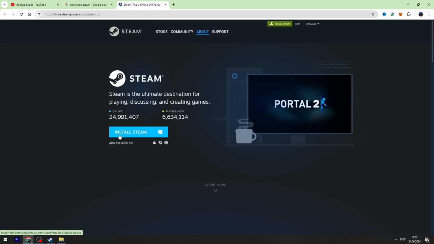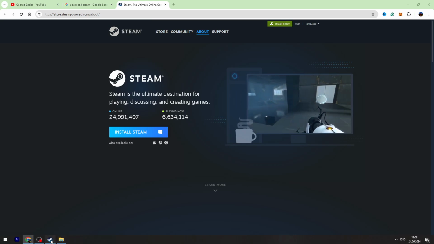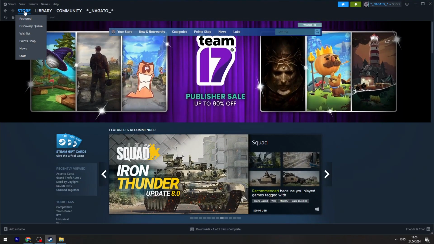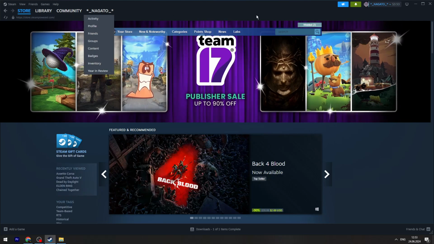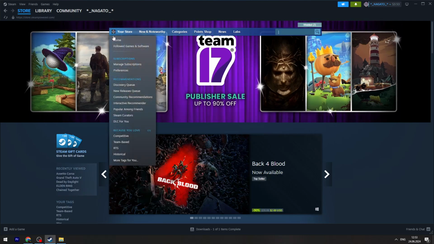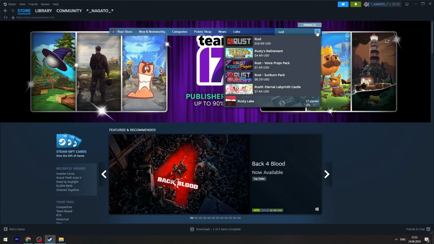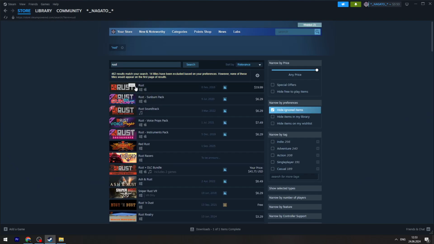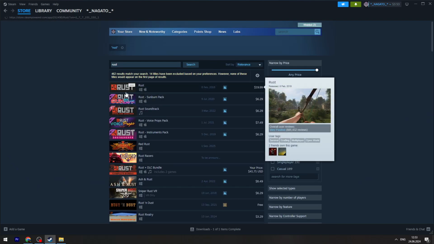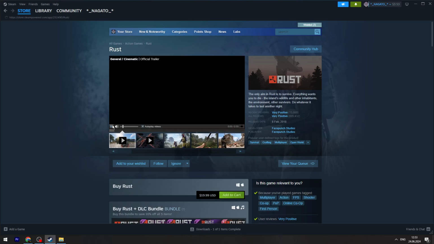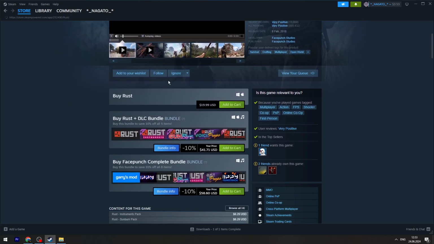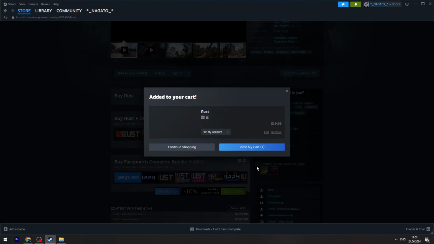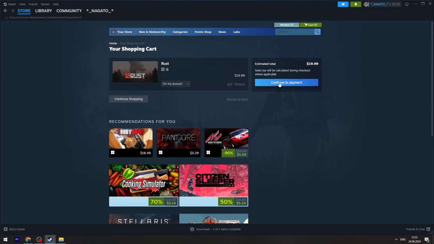Once you install it and create an account, you can open your Steam, go to the store on the top menu, and in the search bar type Rust, click the search button and open the first result, which is the Rust game. Then you need to scroll a little bit down, and right here you will see this add to cart button. Click it, click view my cart, continue to payment,